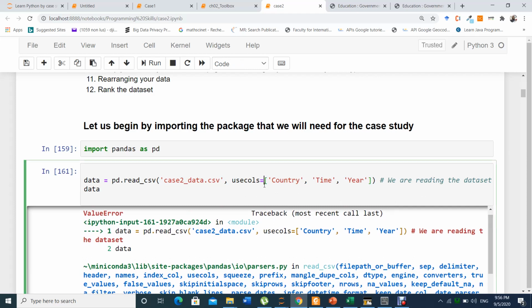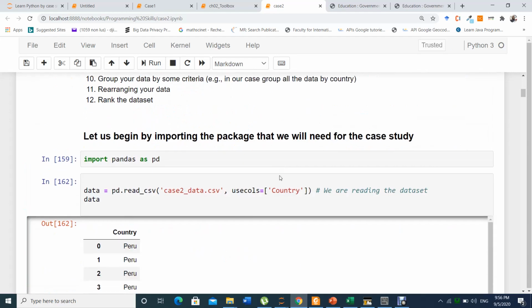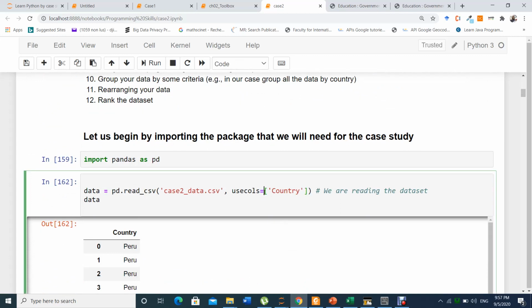Oh, I forgot something. It doesn't run because it's many columns. Because it's not only one column, I need to open a list with how many columns I'm going to use here. Which columns do I say again?